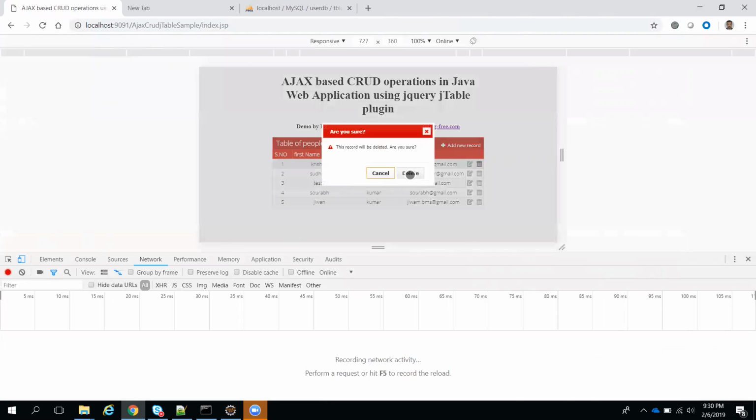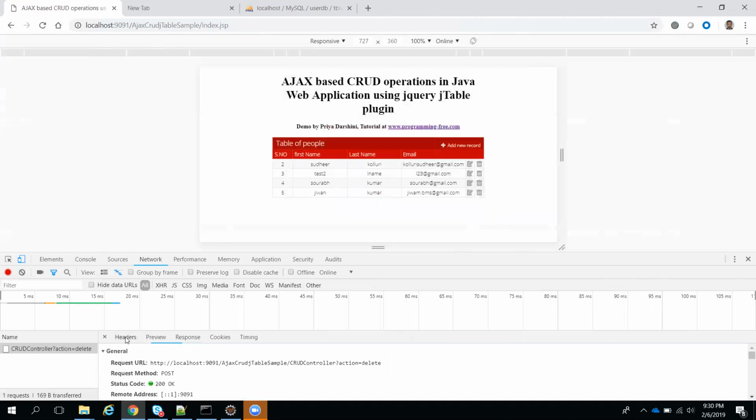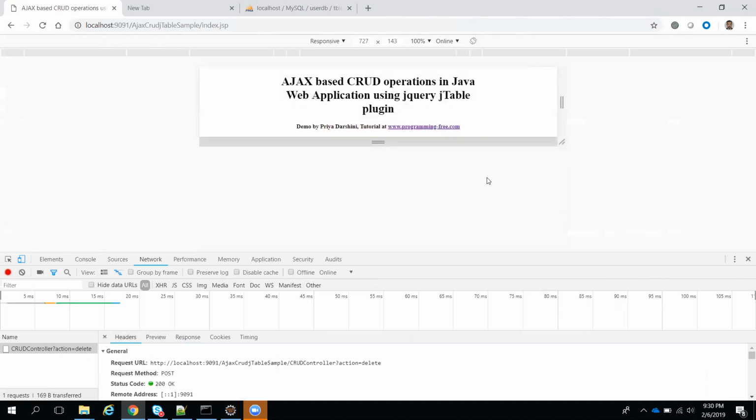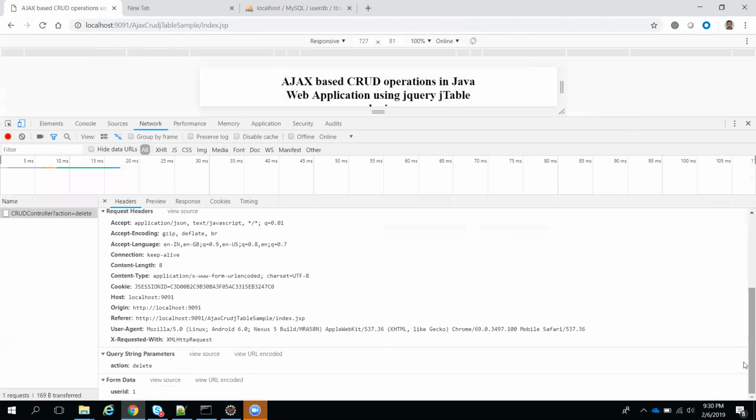If you see action, there is an action called delete. See here, there is a delete action. It went. You can check the request and response headers. See, the response came okay, which means your action is a success, and the header you can check here. What is the request header we sent? We send only a simple ID, because we will delete the data based on the user ID. So that's why it is simply sending user ID.